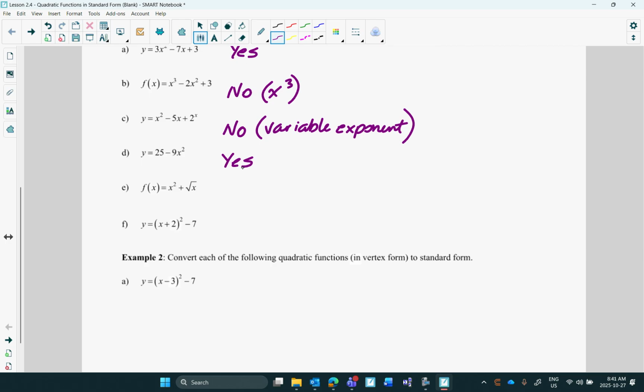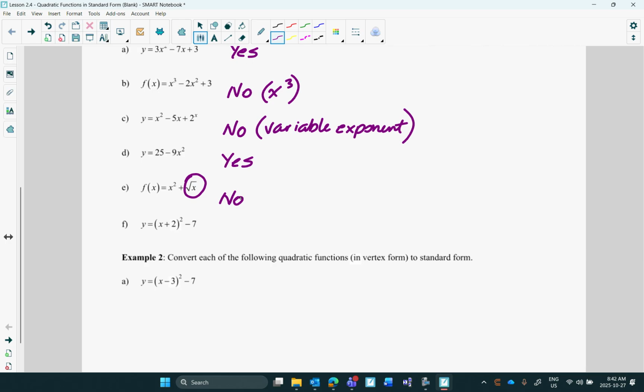Next one's a little tricky. What's throwing you off? Like what looks weird here? You got a choice of two. Which one looks weird, x squared or root x? Which one haven't you seen? Root x. Okay? No,